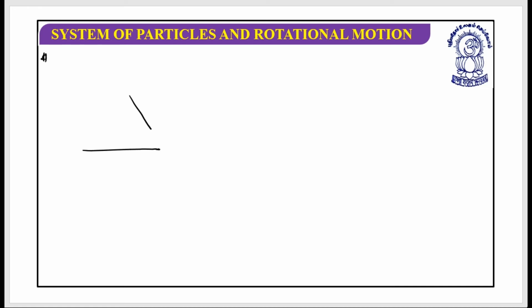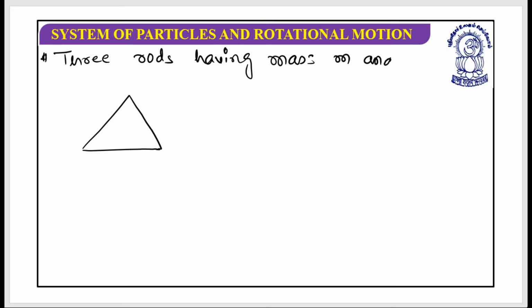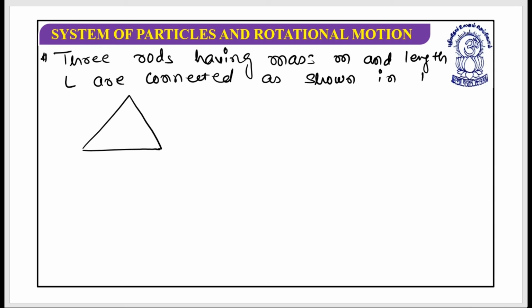In the same way, a triangular section has been made up. Three rods having mass m and length L are connected as shown in the figure. Find out